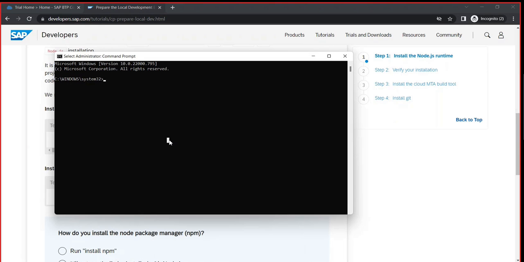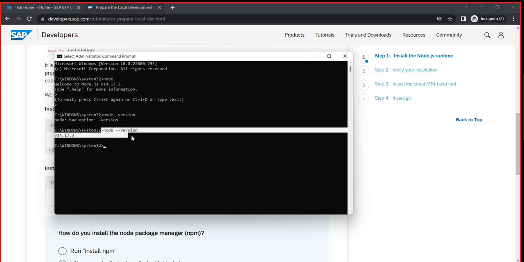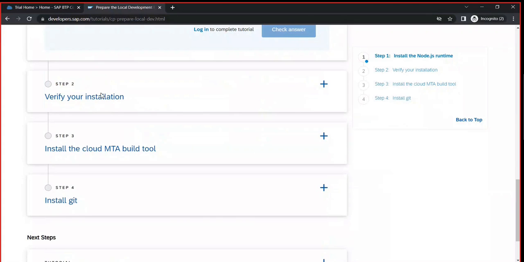Okay, so once you do have Node.js, you can say node, and this will give you a node. Using the node version command, you would also be able to find the version of Node.js that has been installed. So this is also one of the important things to check whether you do have Node.js up and running on your system. Okay, second thing, once after doing this, you have to,